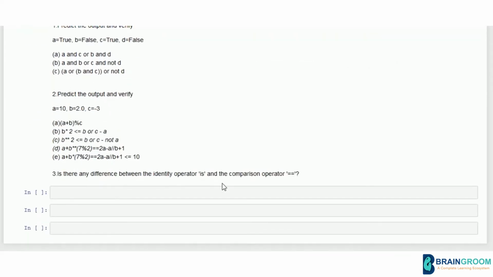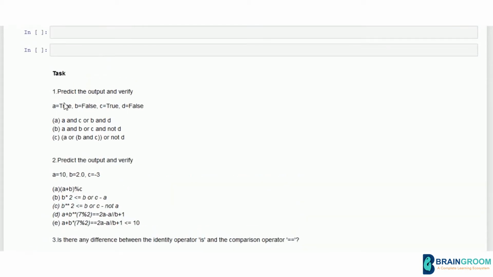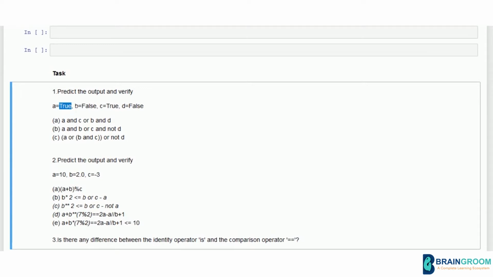I purposefully did not explain the difference when I was teaching about both those operators. So I want you to go ahead and search the internet or check out books on Python on how they differ. When you explore it yourselves, you will learn a lot of new stuff than just sticking to textbook teaching. And one more thing I would like to mention is, when you use these boolean values in your programs, that is, whenever you use True or False, always make sure that the first letter is an uppercase. So it has to be a capitalized word.